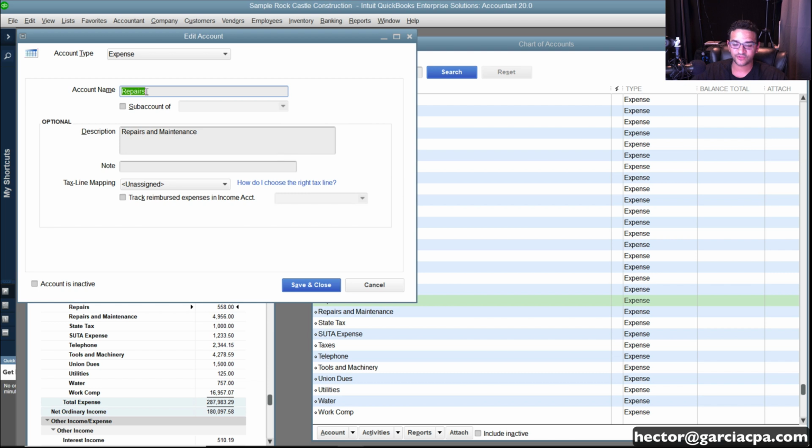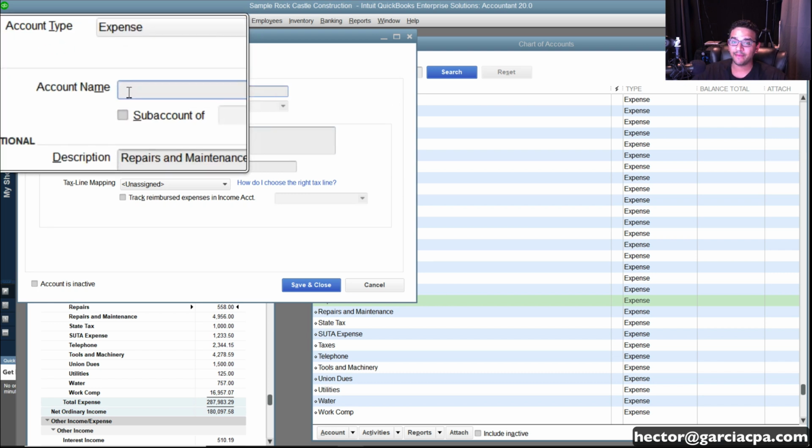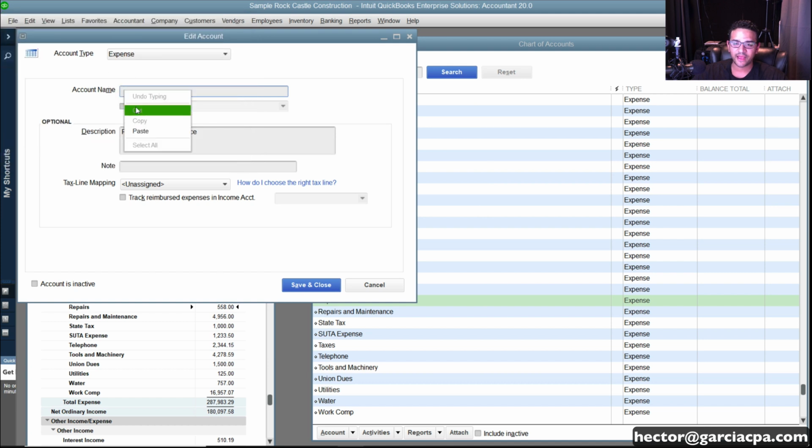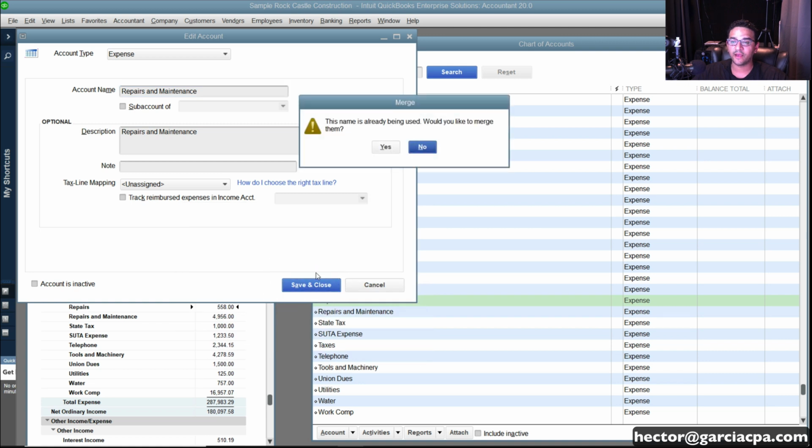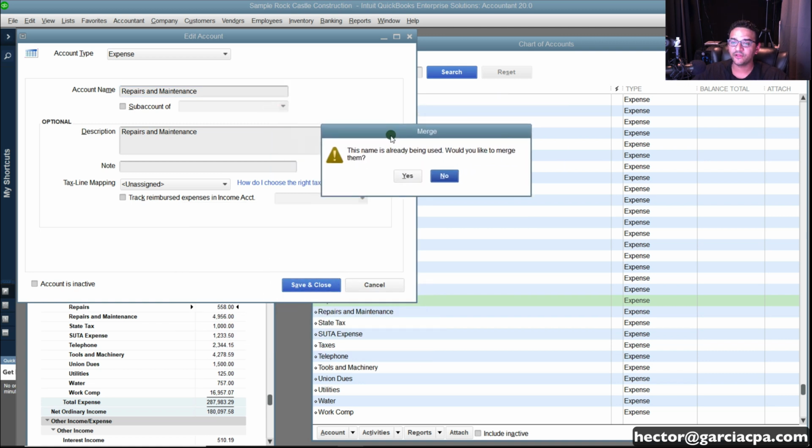And then in this one, I'm just going to delete the current name. The description actually doesn't matter. The account name is what matters. I'm going to right click on that and click on paste. That way I'm basically renaming the old account to what I want the new merged account to be. And then when I click save and close, QuickBooks will say, warning, what you're asking me to do is to